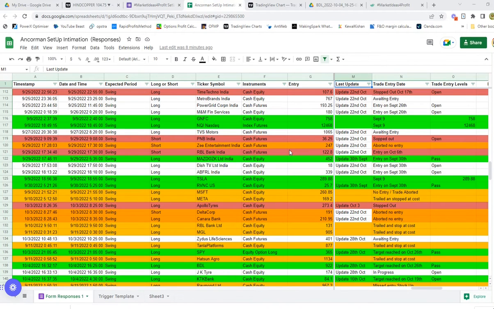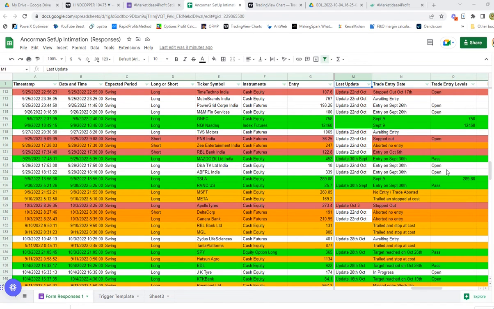Welcome guys, this is the 29th of October. This is 4 a.m. in the morning and I'm recording this video to explain a process whereby I'm placing trades in the market, and I'm recording them on this Google Sheet that you see here, and then I'm